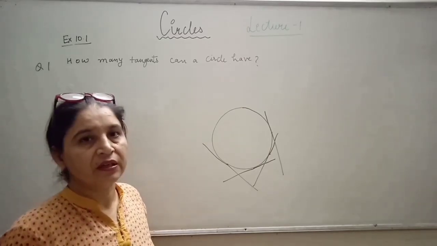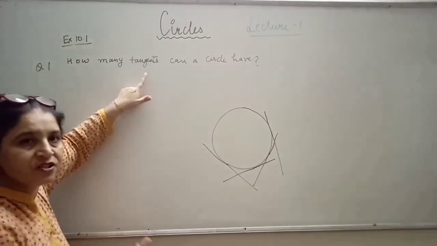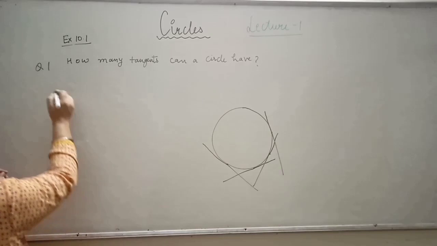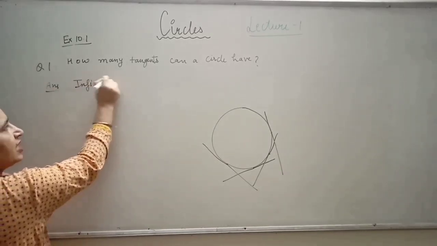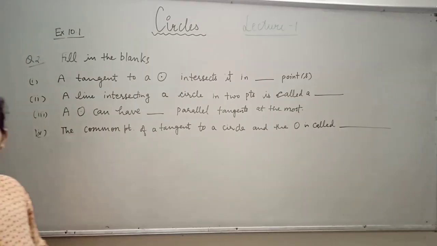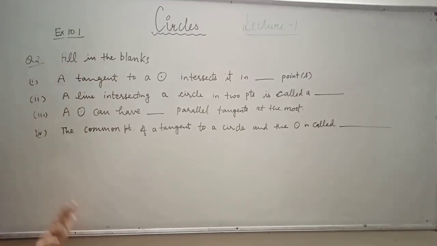इनफाइनाइट पॉइंट्स होते हैं। कितने पॉइंट्स होते हैं? इनफाइनाइट पॉइंट्स होते हैं। तो इसका मतलब कितने टेंजेंट्स हो गए? इनफाइनाइट पॉइंट्स हैं, तो हर पॉइंट पर टेंजेंट बनता है, तो इसका मतलब आंसर हो गया इसका इनफाइनाइट। इनफाइनाइट टेंजेंट्स आर पॉसिबल।